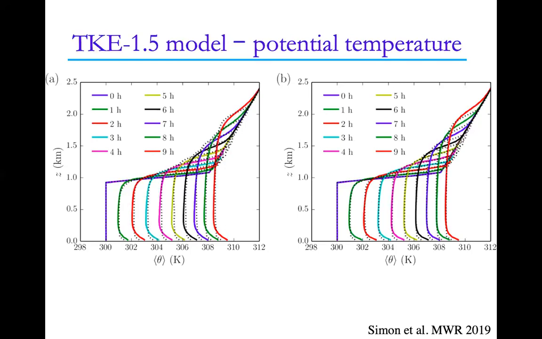We see a very different result when we use the TKE 1.5 closure, and these results are in WRF, I should mention. These are just with the standard configurations in WRF. With the TKE 1.5 closure, you see much better agreement with the benchmark 25-meter simulation, maybe some disagreements in the slope of the mixed layer and near the surface here, and again on the right is just with a different coefficient in the TKE closure.